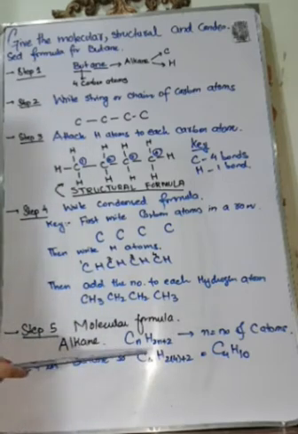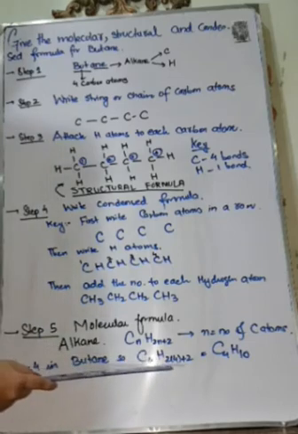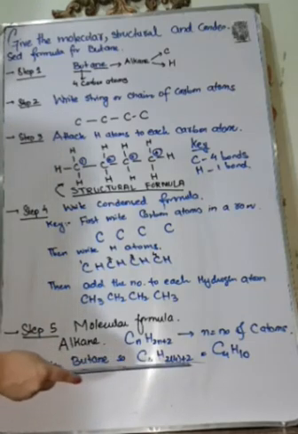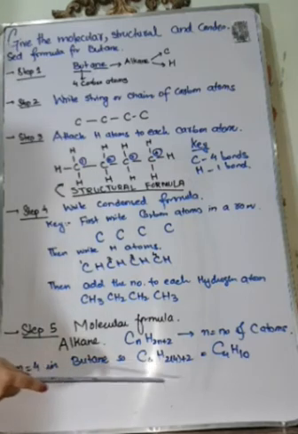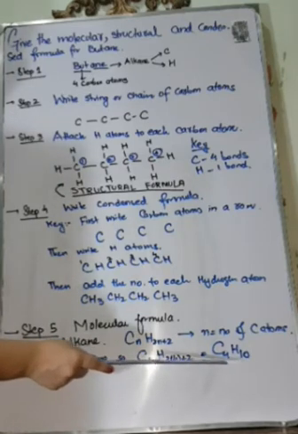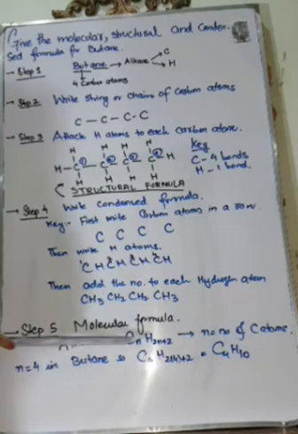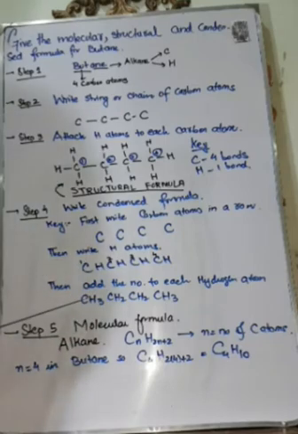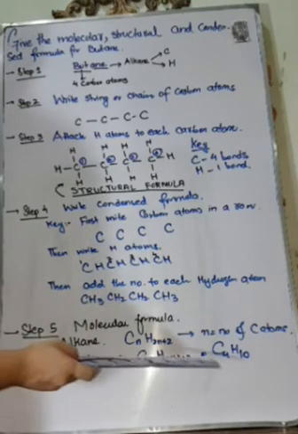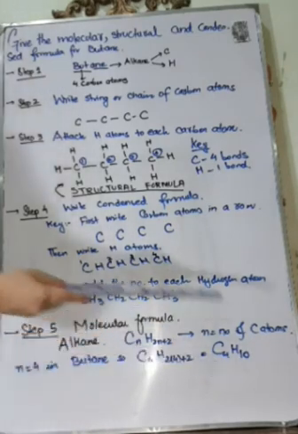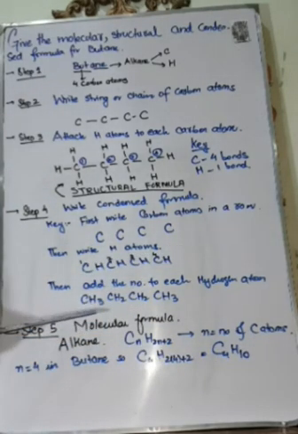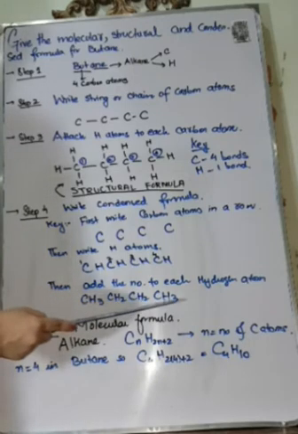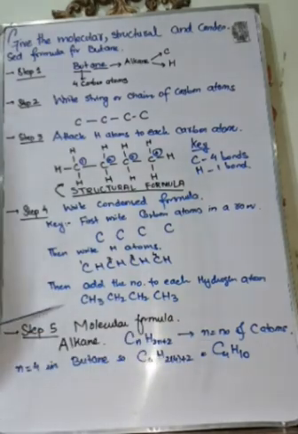So, putting the value of n as 4, we get C4H(2×4+2). Then we simplify it, and it will come as C4H10. Now, in order to check whether you have written the correct condensed formula for butane or not, you will compare the number of hydrogen atoms present here and the number of hydrogen atoms present here. If you calculate the number of hydrogen atoms present in this compound, then 3 plus 2 plus 2 plus 3 equals 10. So this means that you have drawn the correct condensed formula for butane.